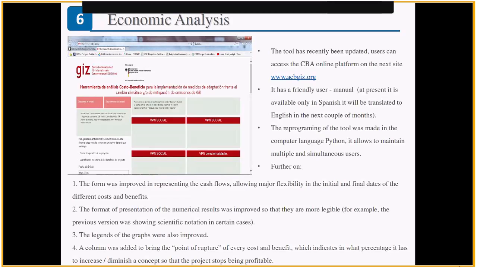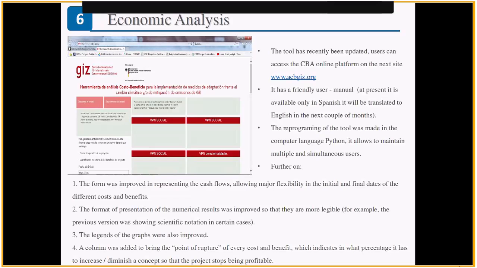They always, when they want to invest money or finance different adaptation or EBA options, want to know, okay, I'm going to invest this amount of money, with this discount rate and this living period of my project, how much money am I going to recover in what period of time, and is this measure and this investment going to be successful in monetary terms and also in adaptation terms.